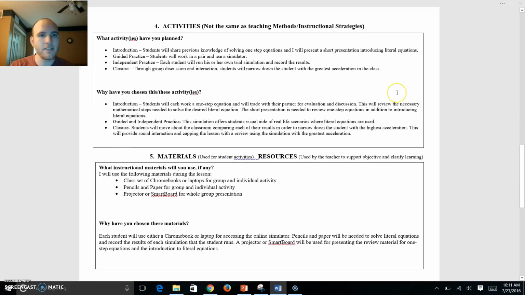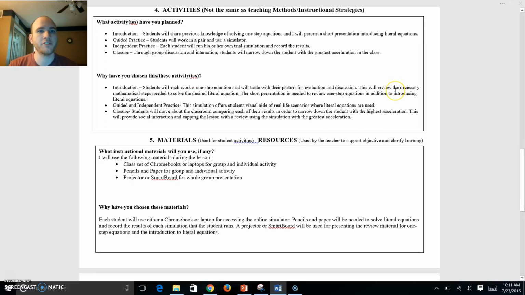So the activities, section 4 is the activities. So what activities have you planned? For the introduction, students will share their previous knowledge of solving one-step equations, and I will present a short presentation introducing literal equations. So looking at why I have chosen